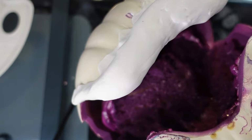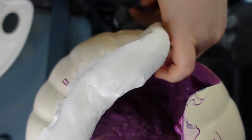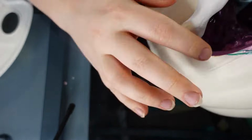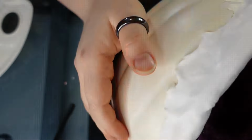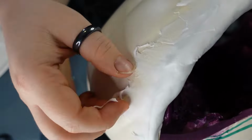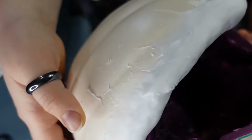If I had had more foam, I barely had enough to finish. If I had had more packages, I probably would have put more foam down inside the mouth and around the gums. But I wanted to make a little go a long way because I didn't want to spend a lot more money on this project. So, I mean, it still worked. It just, for the bigger pumpkins,